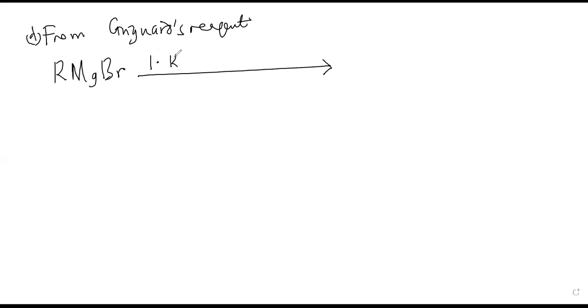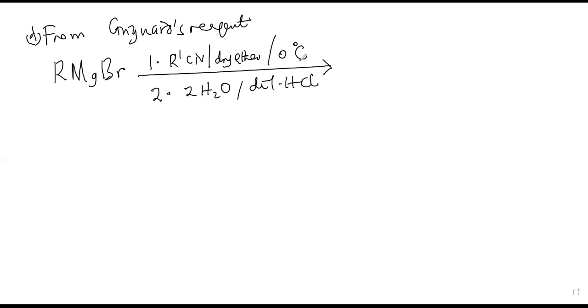One, I can use RCN with dry ether at 0 degrees Celsius. Then two, I can follow this with hydrolysis in the presence of an acid. So this one forms RCOR', which is a carbonyl compound, and this is a ketone. This is a ketone. E.g., you can have